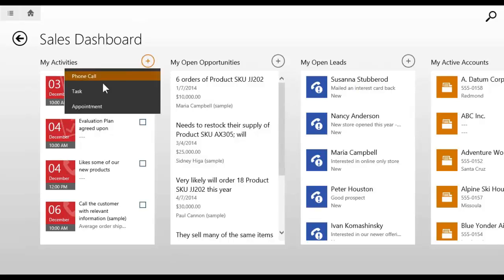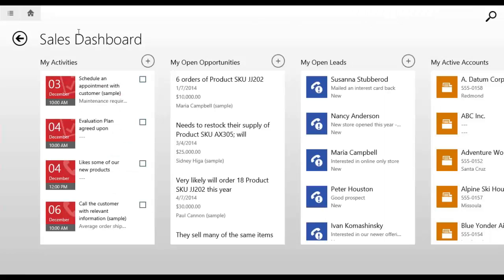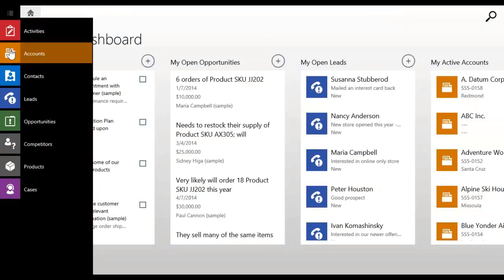I have quick access to create activities on the fly. If I needed to do a phone call, I could create that fairly quickly. And of course this has online capabilities, so it's in sync all the time. It also has some limited offline capabilities. If you are on the plane or on the road, the data that you see here will still be accessible. You have access back to all the main entities involved in the sales process, the accounts and